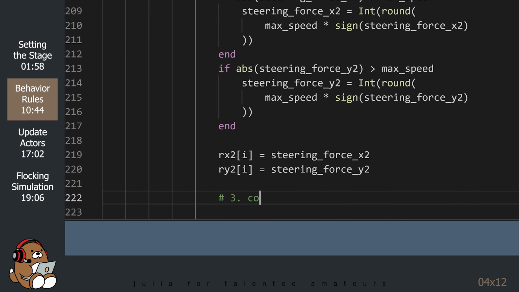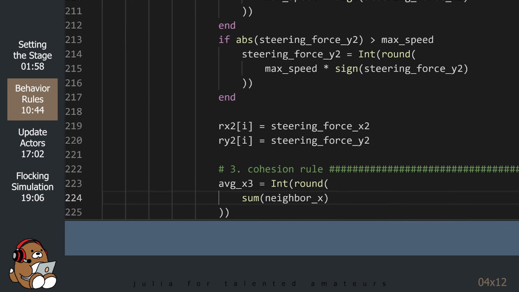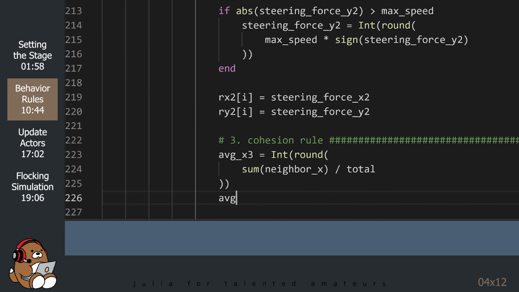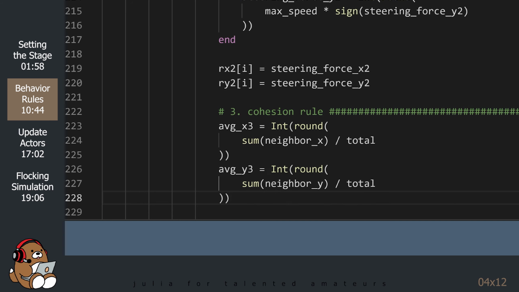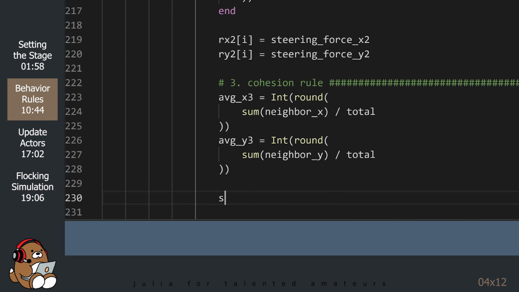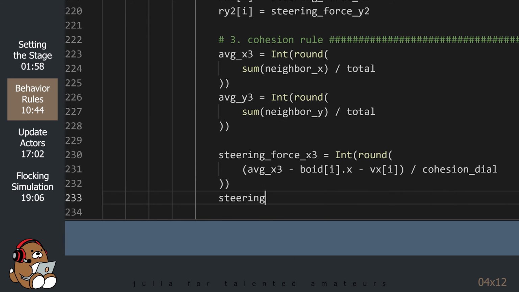The first step to implementing the cohesion rule is to calculate the average position between the Boid and its neighbors. Now that we've calculated the average, we can use this average position to come up with a steering force for the cohesion rule, which will steer the Boid in the direction of the average position coordinate of its neighbors.